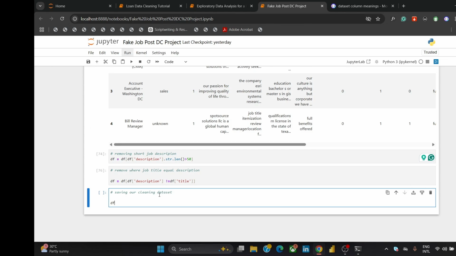So to do that, we say df.to_csv. So we specify the name we want to call it. So let's say plain quick job posting dot CSV. So with this, we can simply go ahead and start creating our Power BI dashboard if that's what